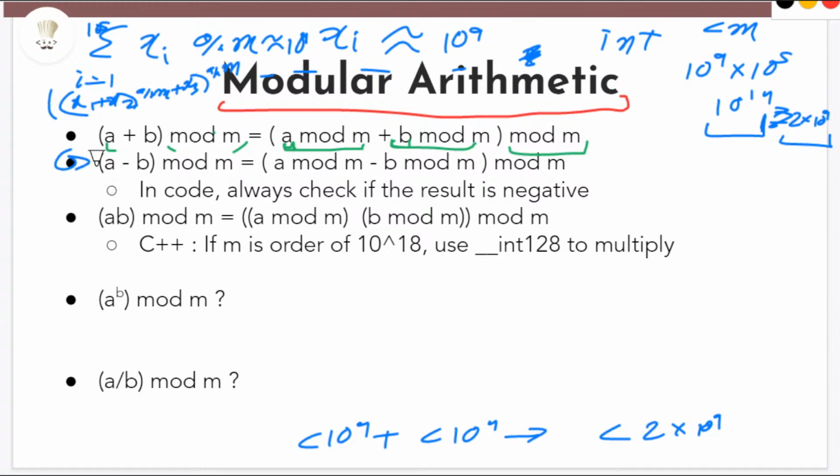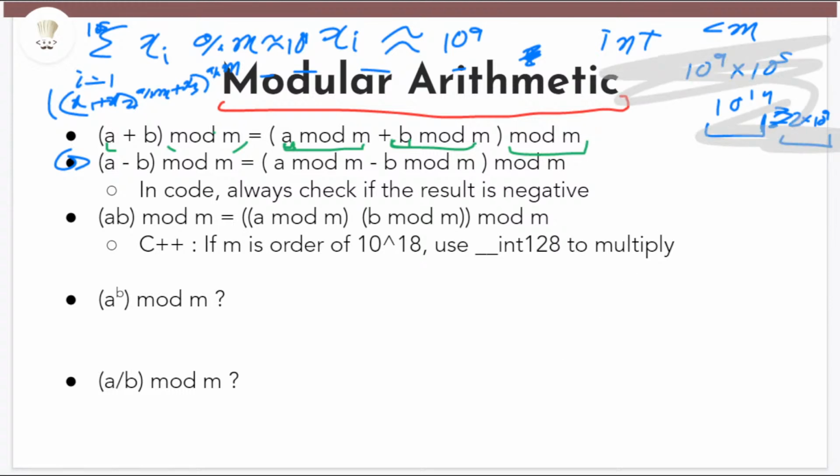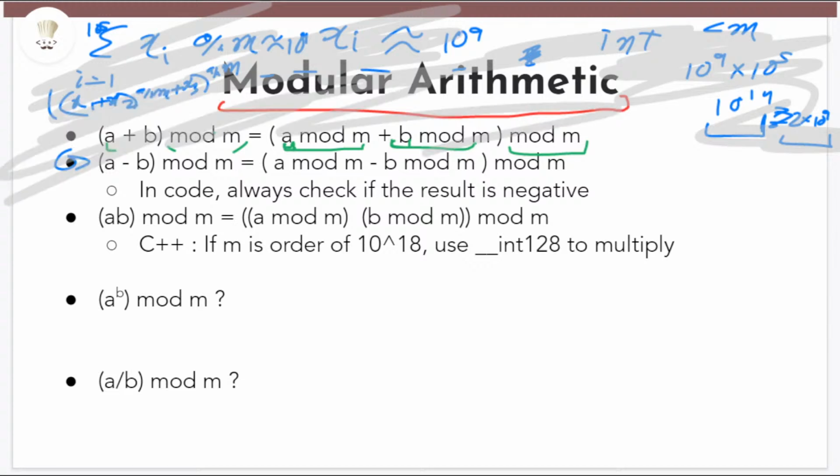Similarly, the second property of modular arithmetic corresponds to subtraction. A minus b mod m is a mod m minus b mod m, mod m. In code, always check if the result is negative. Of course, here it can happen that the result is coming out to be negative, right? So in C++, in mathematics, we want the result to be positive, right? Because mod m always results positive in normal mathematics. It's just that in C++ it might return negative, right? So to transform that value from negative to positive, what we do,